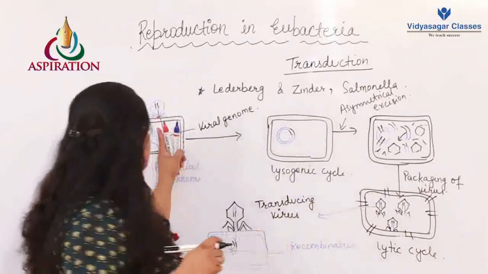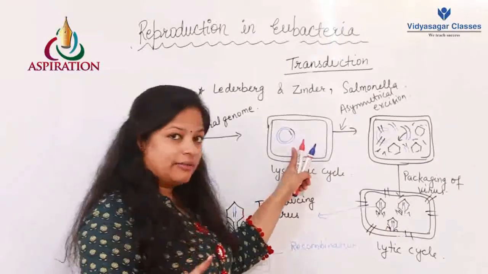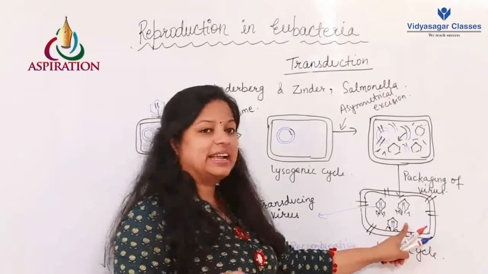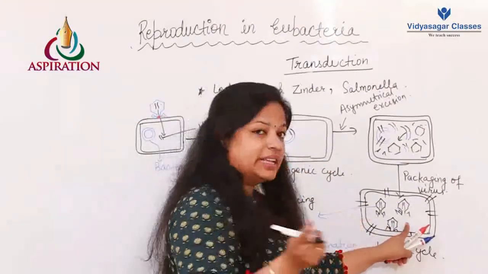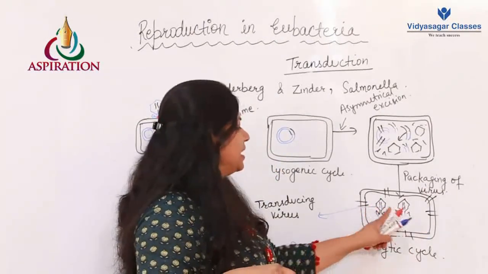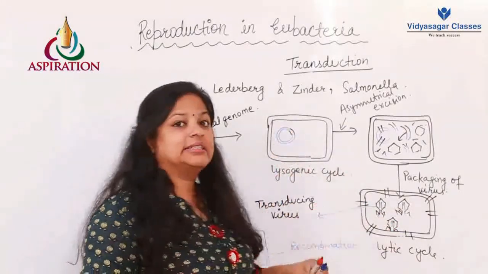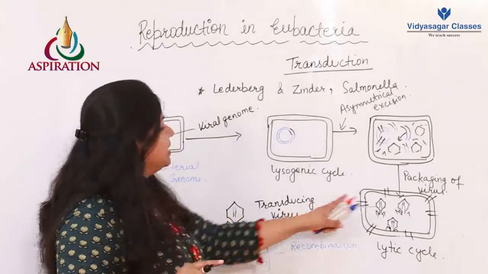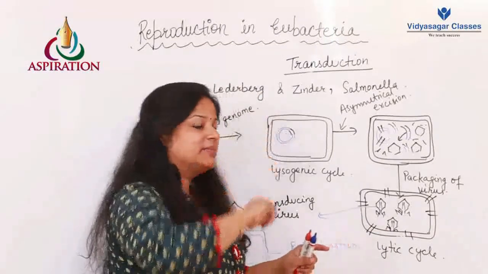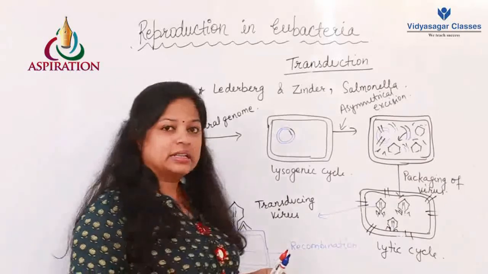Till the time the viral component is associated with the bacterial component, it is not harmful for the bacteria. But when bacteriophages are formed inside the bacteria, they lyse the bacterial cell, destroy it and come out, containing part of the bacterial genome also. Now these are the real transducing viruses, carrying a part of the previous bacterium to the fresh bacterium where genetic recombination is possible.